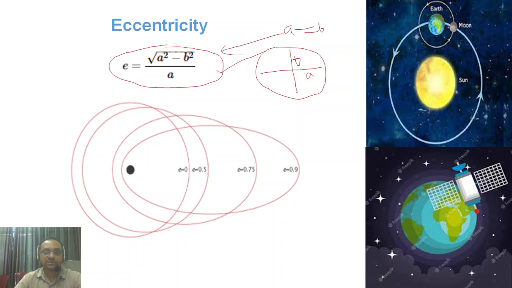The following figure shows the various satellite orbits for different eccentricity. You can see, this is the circular orbit, where e is equal to 0, and the others are elliptical orbits where eccentricity values are different. The remaining 3 satellite orbits are elliptical, corresponding to eccentricity values of e equals 0.5, e equals 0.75, and e equals 0.9. Is it clear? Good.